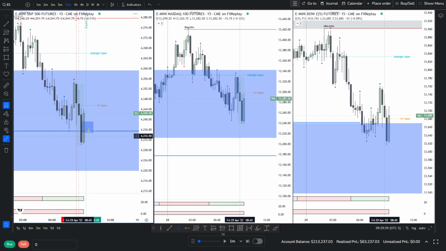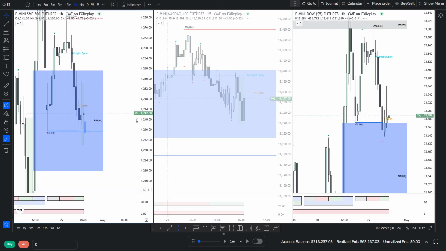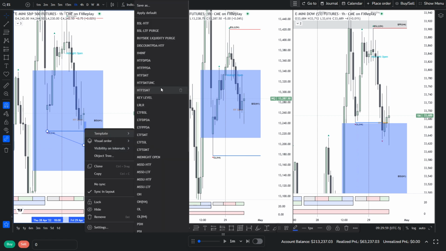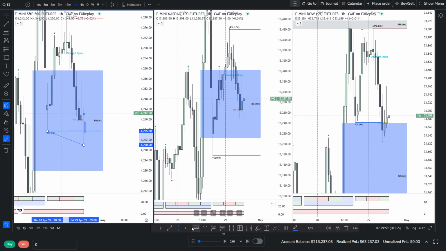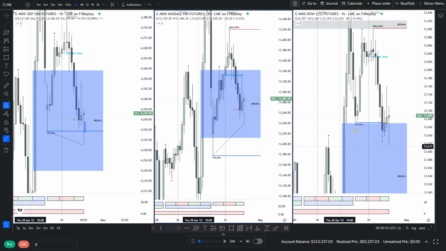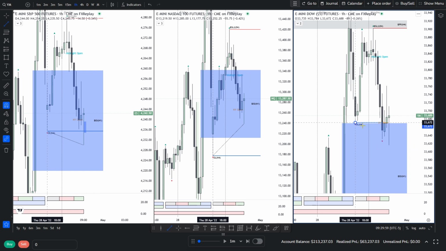Now we've got a purge of this low. So if we just go back out to the hourly, now we've got the purge between ES and NQ. So I'm just going to mark this. Let's just mark it as unconfirmed for now. It's not that important. So we've got that. And you could say we've also got that low there.